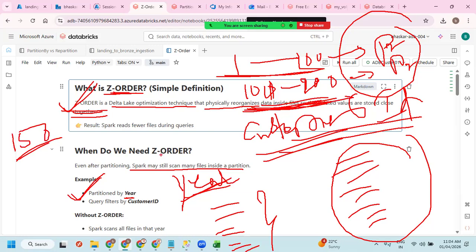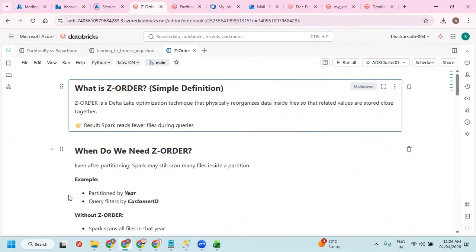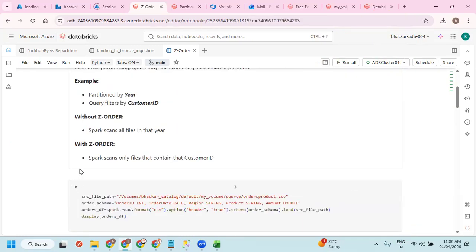When we need to use Z-ordering is, even after partitioning, Spark may still scan many files inside the partition. Here we have a small volume of data, so we're able to see only one part file. But when you have a larger volume of data, you'll be having multiple part files. You can experience that only in real time. Without Z-order, Spark scans all the files in that year.